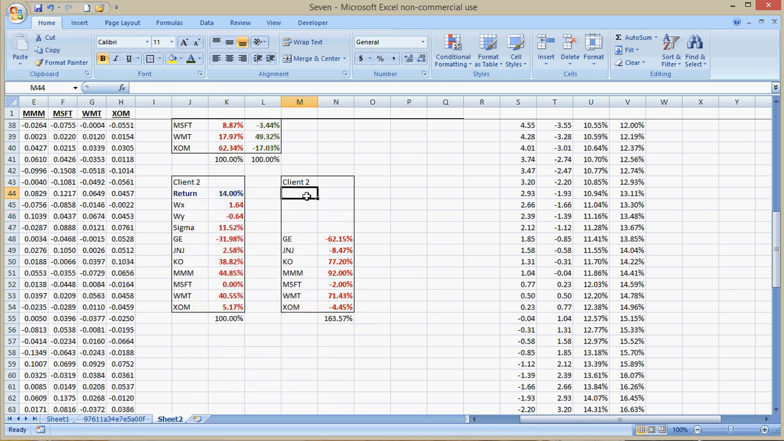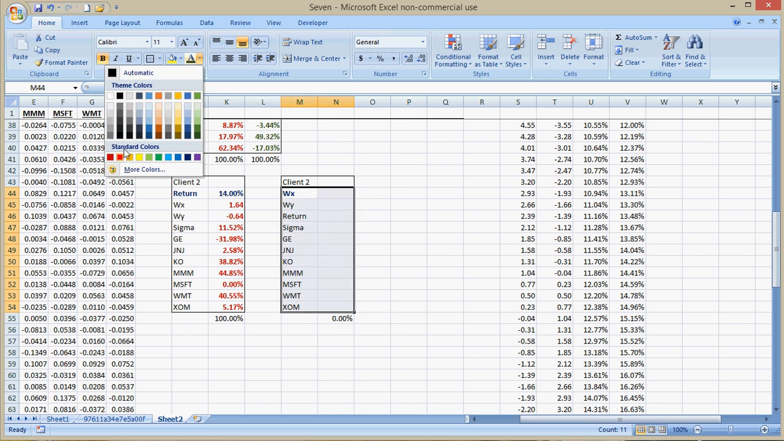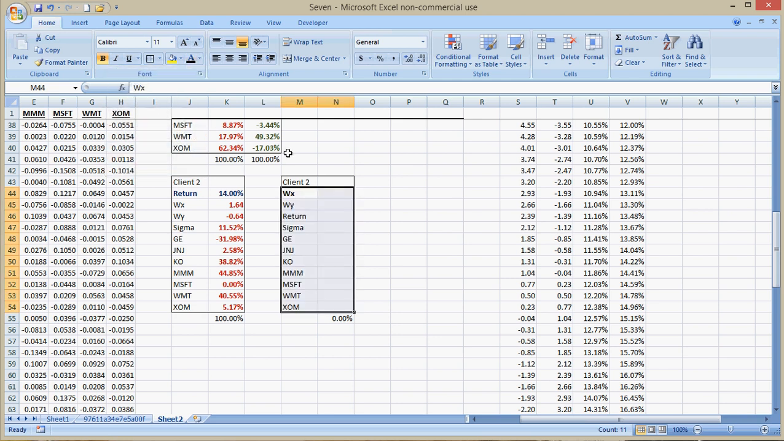The least risk possible, so I need to find the weight in X first, the weight in Y, and then I can find the return and the volatility, or the sigma. Let me clear these out. I'm going to get rid of all this input stuff. I'm just going to get rid of the color, go to automatic theme. So the way I would do weight in X for this